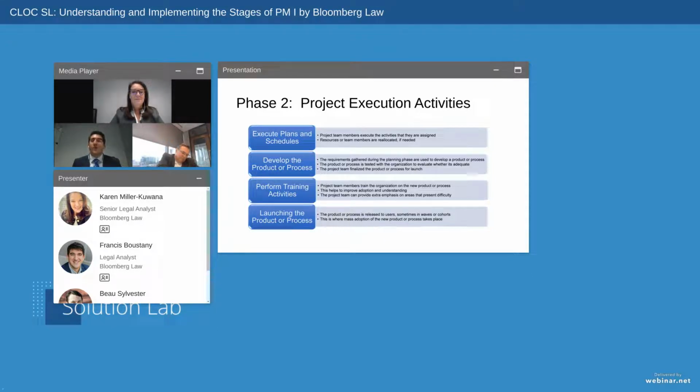Third, and quite importantly, the project team will perform training activities. This is a crucial part of the execution phase, because it helps to improve adoption and helps the organization understand the product and process, and not only how it works, but also where it fits into each individual within the organization. During training, it's sometimes coupled with change management activities, and the organization is taught about